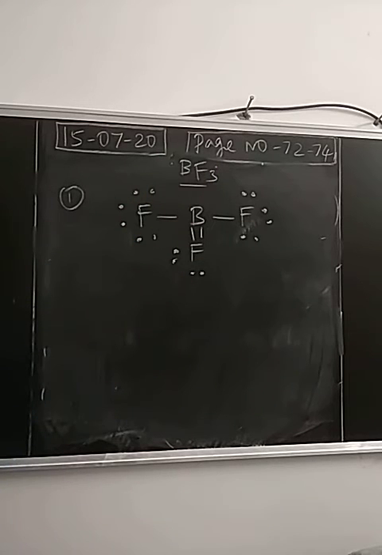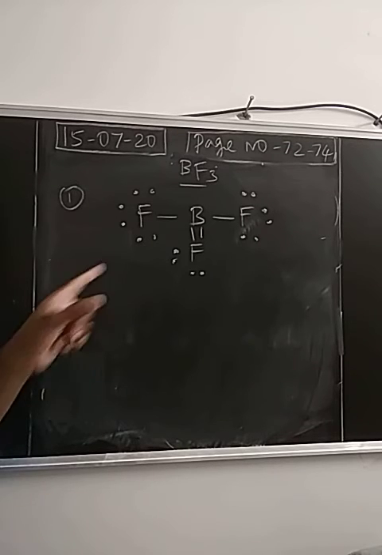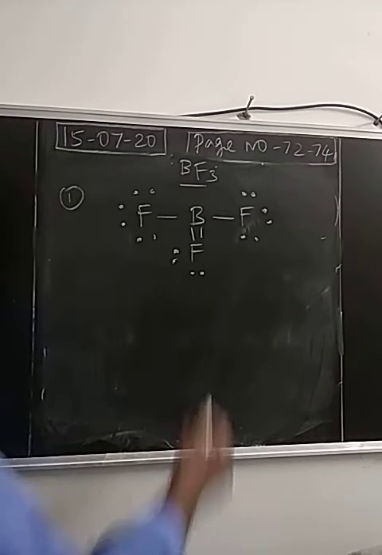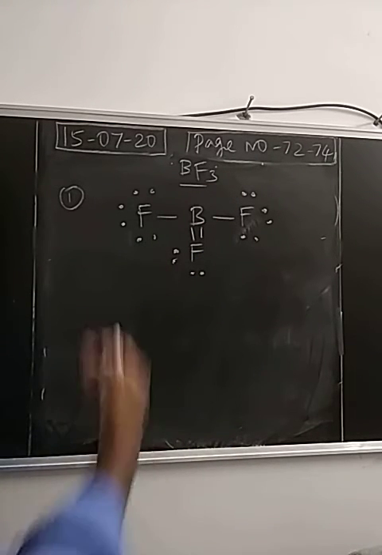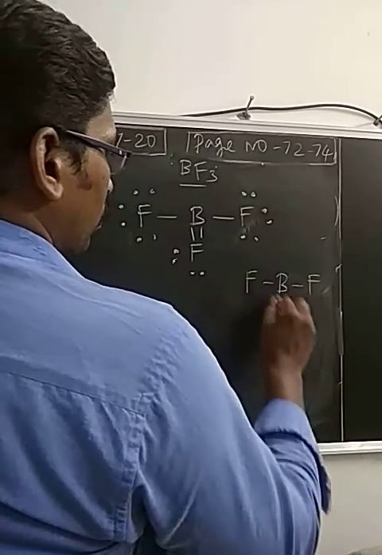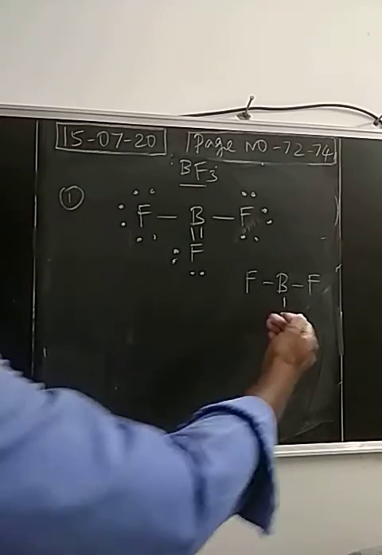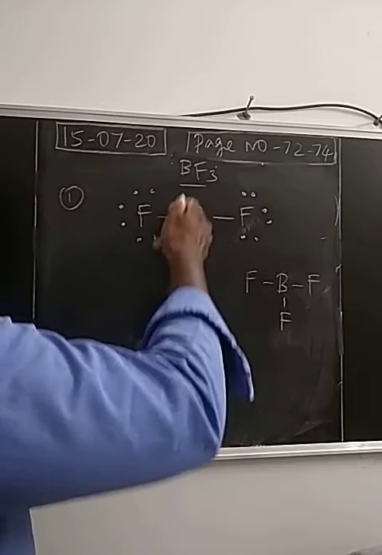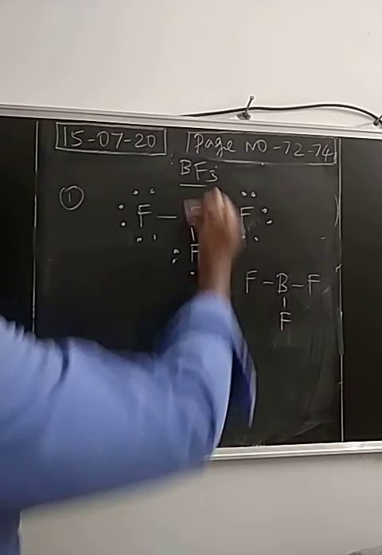So we have drawn the Lewis structure or Lewis dot structure. Now we have to prove that this is a stable structure or a favorable structure. How can we prove this as a stable structure? We will take formal charge. So what is the formal charge of atoms in the molecule, right? So if the lone pair of electrons is not transferred, what will be the structure? If the lone pair of electrons is not transferred, this will be the structure. To attain the 8 electrons around boron, 1 lone pair is shifted.